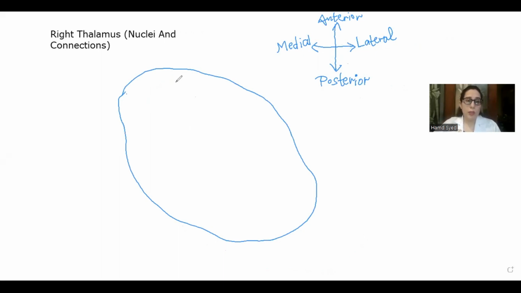And now we're going to be looking at the nuclei first, which are present within the thalamus. Remember, the thalamus itself is a mass of gray matter. It is covered on the superior aspect by a sheet of white matter known as stratum zonale. Also on its lateral surface, there is a sheet of white matter, which is known as the external medullary lamina. Okay, and now within the thalamus, there is also a sheet of white matter, which is known as the internal